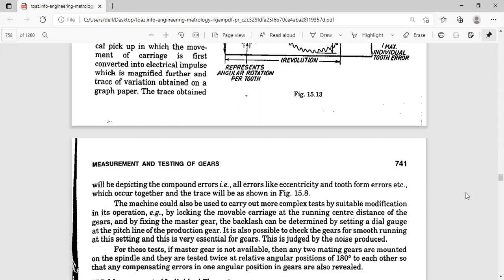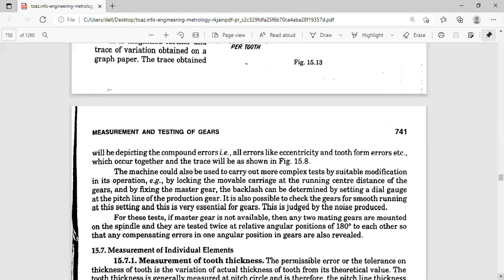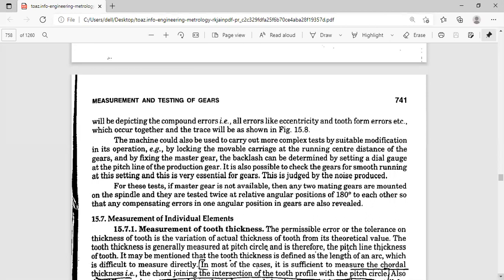So this particular test you have to do along with the master gear, not the single gear, and you have to test it at relative angular positions, just like for the profile measurement. So all these are very important, and 6 minutes more, I'll just try to go back where we can discuss.